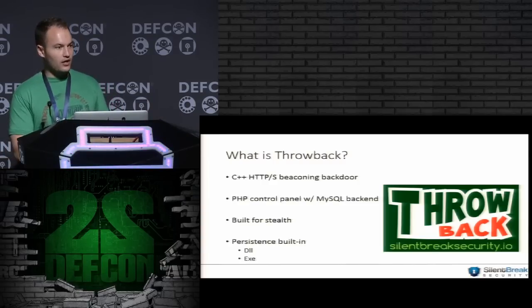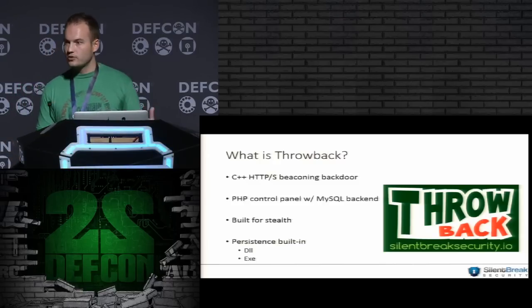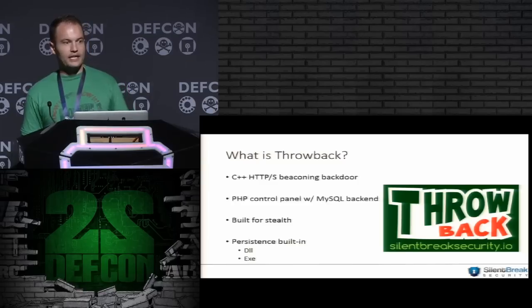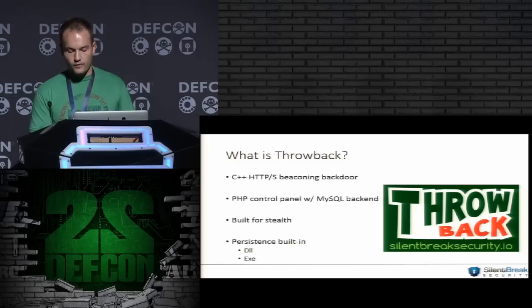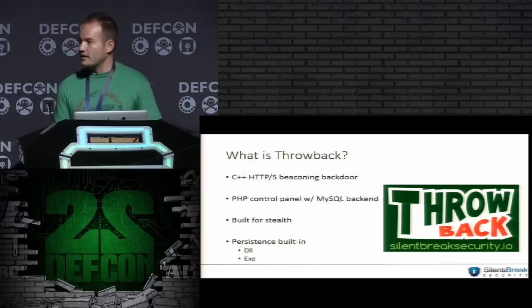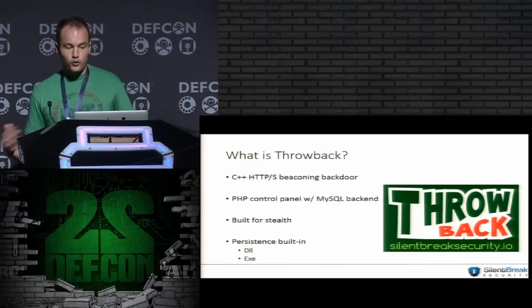When doing a penetration test, what's the first thing you want to do? Well, you get access to a user's workstation, and then from there you want to escalate privileges and run from a service, right? So in order to do that, that's why we decided to go the WinHTTP route, because it's tailored more for services. So the backdoor itself is written in C++. The control panel and the LP portion are written in PHP with a MySQL backend.